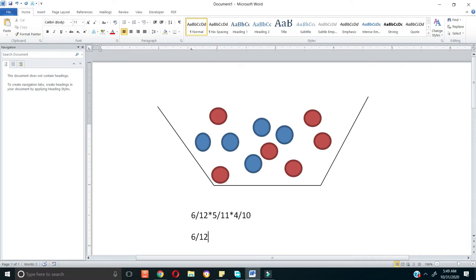On the first try, it's going to be 6 of 12. Then on the second try, if I did pick a blue ball, then it's going to be 6 of 11. If I still pick a red ball on the second try, then I'm going to end up with still 6 of 10. So you can see in this situation that the probability that I do pick a red ball is going to be changing. So to actually get the probability analytically means,